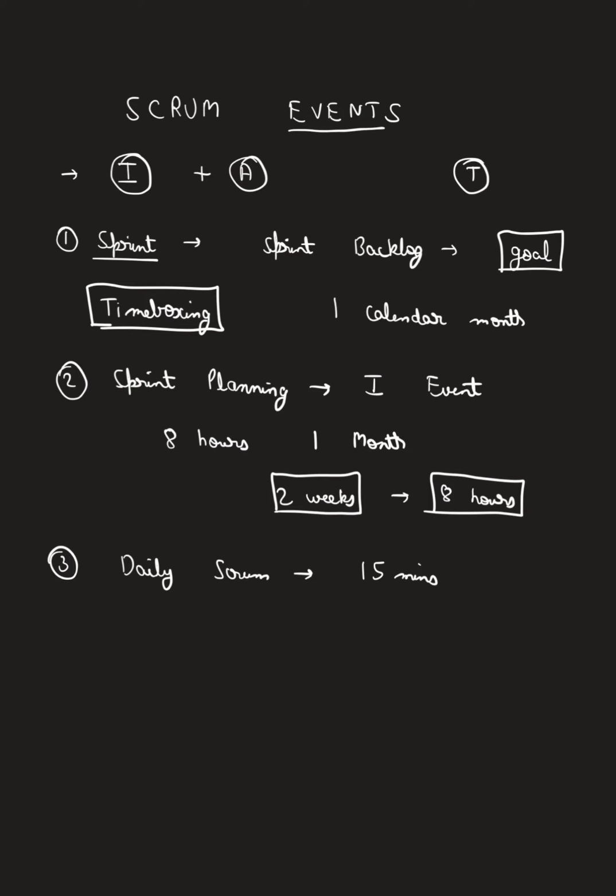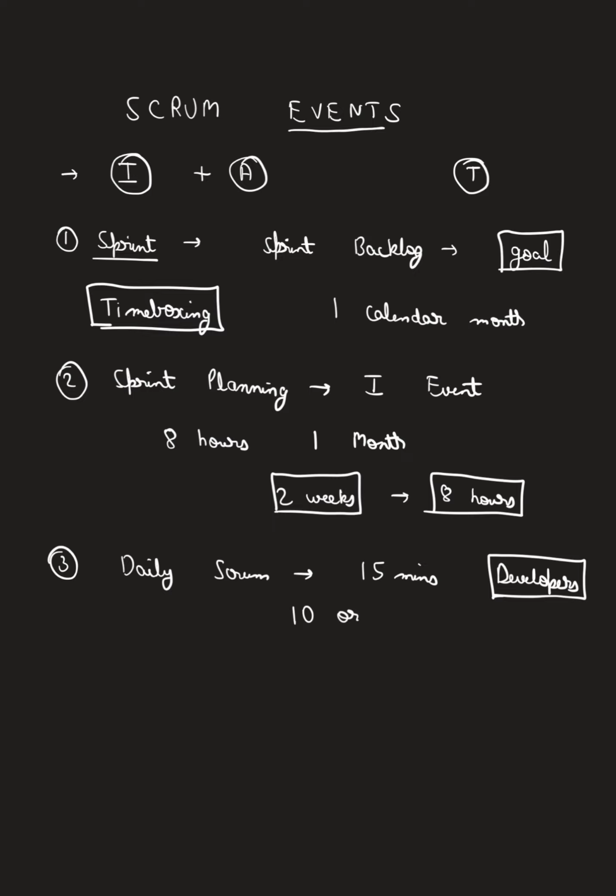As per the Scrum guide, it is suggested that your team should have 10 or fewer members. Okay, 10 or fewer members. This is what is written there, right? So even if you are having 10 or even if you are having 5 members, the maximum time duration suggested is 15 minutes. And only developers attend this meeting.